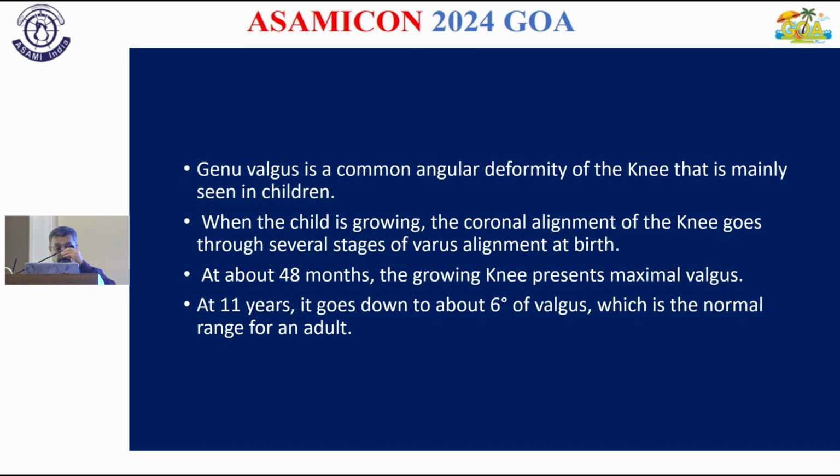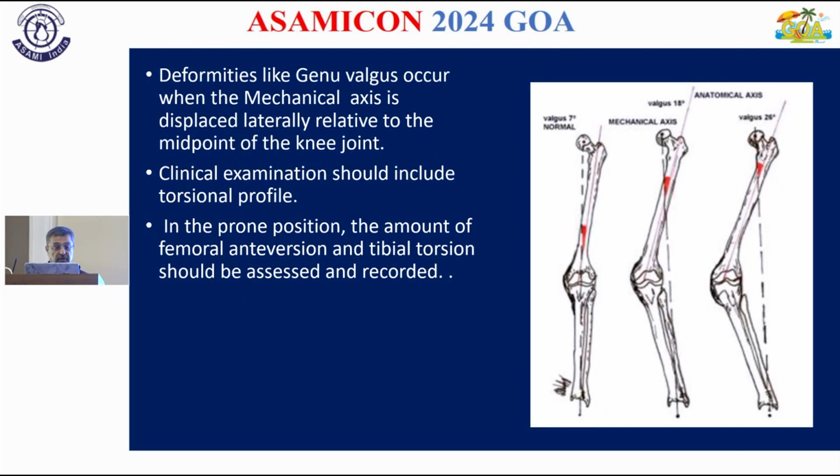Nowadays, a lot of young girls are coming to us for correction of genu valgus, not requiring a long surgical scar or some implant inside. So we are seeing a lot of patients with genu valgus in our OPD practices. Genu valgus is a common angular deformity of the knee which is seen in children, and by the age of 11 years, 6 degrees of valgus is fixed for the knee joint, which is considered normal. Any deviation from this of the mechanical axis